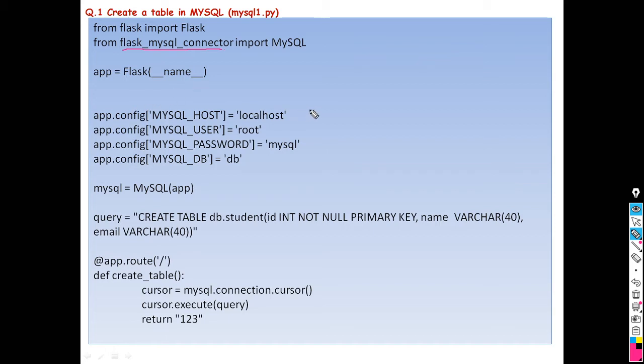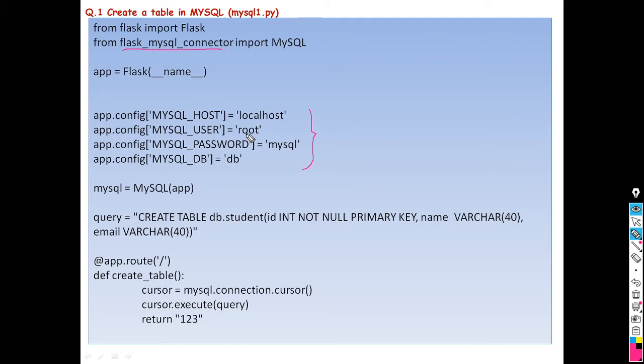Then right here these statements. These statements are necessary to configure your MySQL. So first one, MYSQL_HOST is localhost, MYSQL_USER is root. When we install MySQL, at that time it will ask for your username and password. So you should write that username and password here.